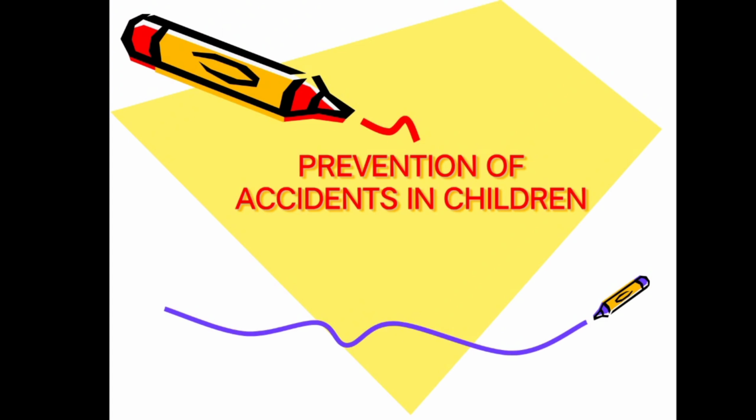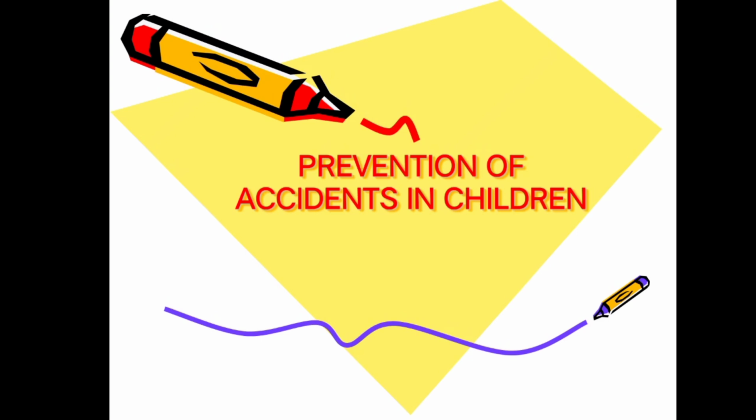So today we'll be discussing the prevention of accidents in children. Before proceeding into the topic, we must know why we have to consider this topic as very essential, because accidents are one of the major causes of mortality and morbidity in the pediatric population. Since pediatric populations are very excited and have an exploratory behavior, and also lack information regarding motor vehicle accidents, due to their small size, we end up with accidents in children.